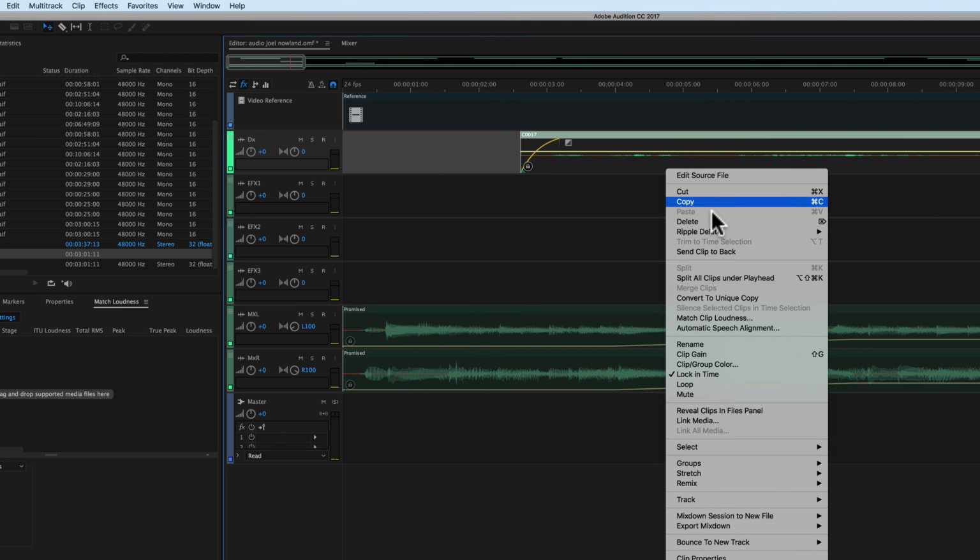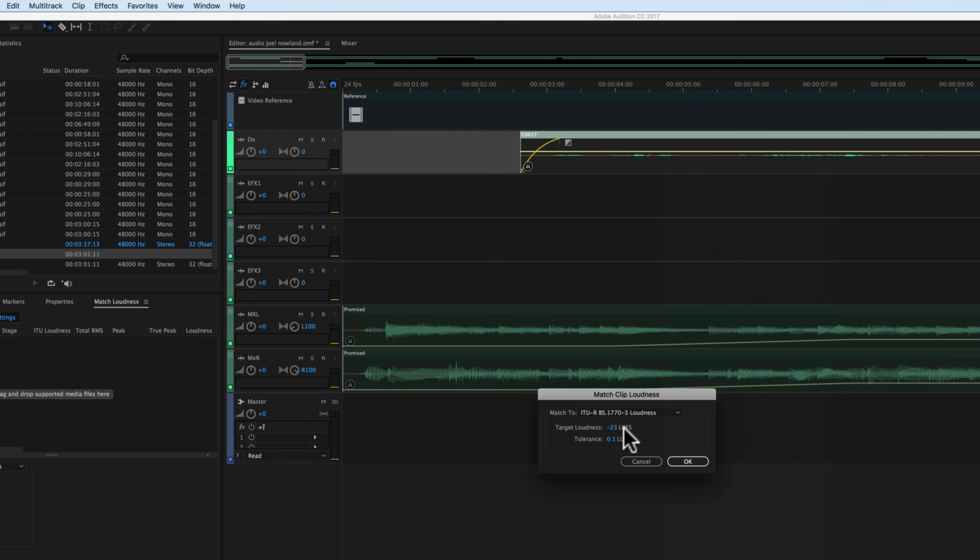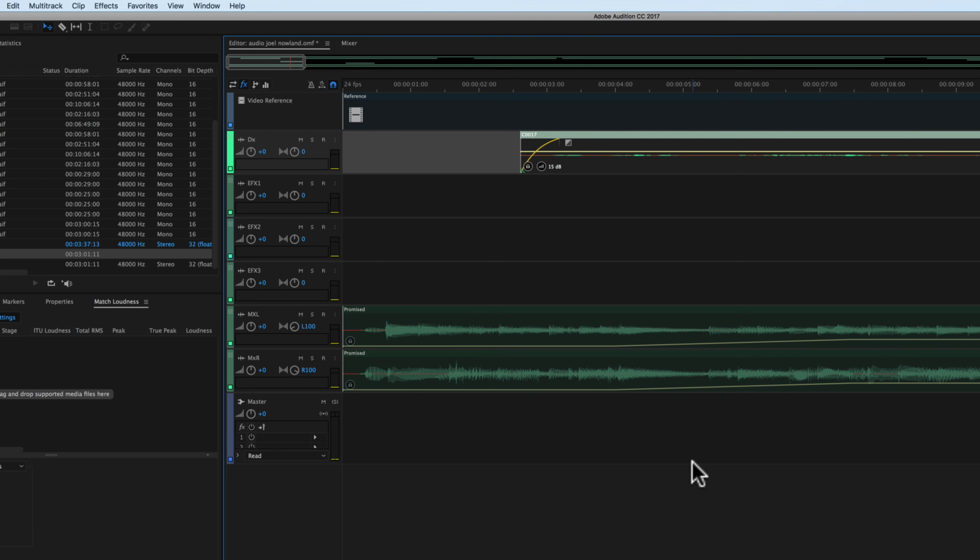So what I want to do here is match clip loudness. I want to bring this up to, first of all, I'm going to use the ITU BS.1770 loudness standard we use here in the United States. I'm going to go to minus 23 LUFS, and I'm going to give us a little bit of wiggle room here. Let's say half a loudness unit of tolerance. That is to say, it doesn't have to be exactly at minus 23. It can be at minus 23.5 to minus 22.5, somewhere in there. So let's go ahead and give that a go